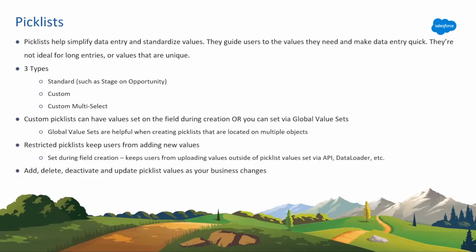As far as the pick list options, you can add them over time, delete them, deactivate them, and also update those values. So if your company decides to use abbreviations and then decides to list out a whole word instead, like going from the abbreviation for Kansas to the word Kansas, and then they change their mind later, you can actually change those pick list values and you're just updating the label. It doesn't change the API, which is pretty nice. So if you happen to use them in any sort of coding or anything like that, you're not having to worry about updating that.